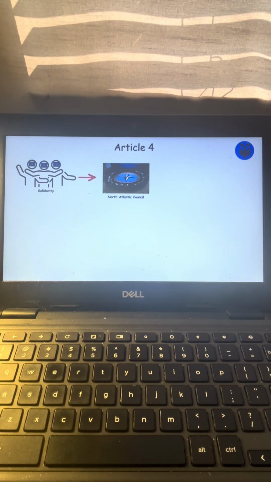Article 4 ensures the alliance's solidarity by allowing any member to bring any issue to the table for discussion within the North Atlantic Council, particularly when they feel their territorial integrity, political independence, or security is under threat. It's a mechanism that allows for open...